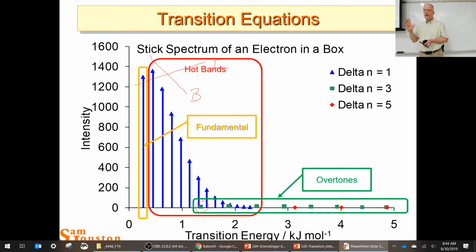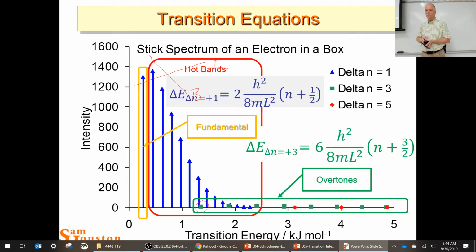So we can assign transitions to every one of these peaks. If we take notice, the x-axis is transition energy, okay? But what if we take it where it says wavelength? Energy and wavelength are inversely proportional, so we flip that. Oh, and let's go ahead and show the transition equations on here. So we have in blue that 2 times that constant times n plus 1/2, and then the green overtones has